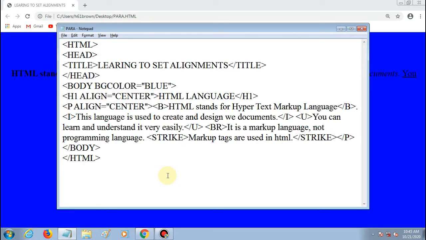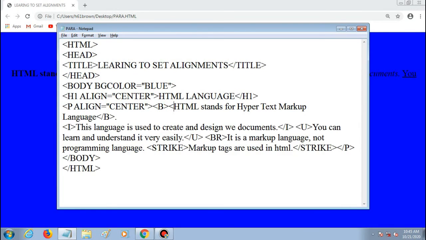If you want to change the color of text, then use font tag. So here before text I will write font, then color equals to yellow. Always write the values in inverted commas. Okay, then before p tag you close it.